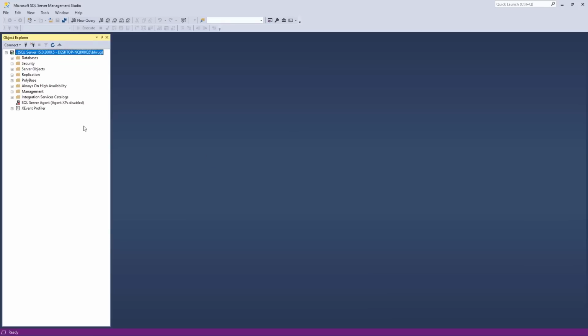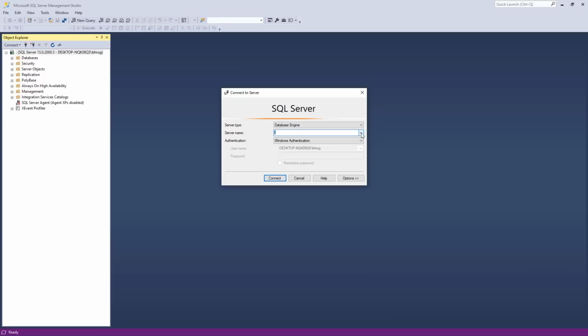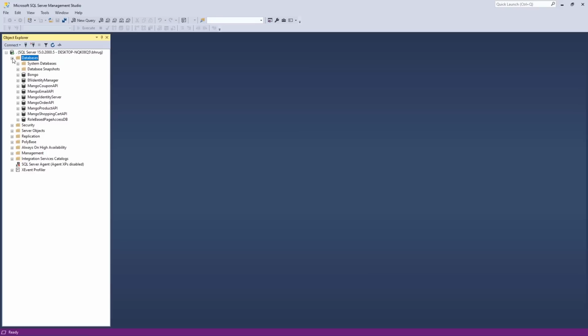If you use something else, then it won't work. So I will be using dot, but on your end, you need to check if dot works. You can use that, or the local DB, MS SQL local DB should also work. Let's hit cancel here, and if we expand the databases, you can see we have a few databases here, but I